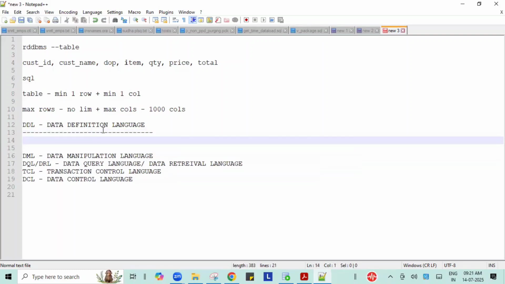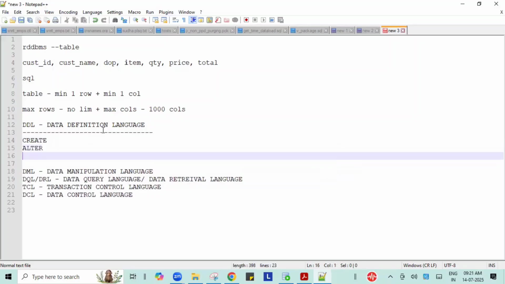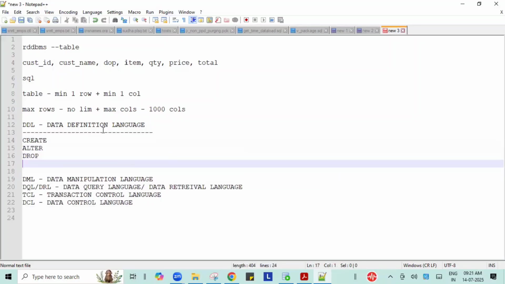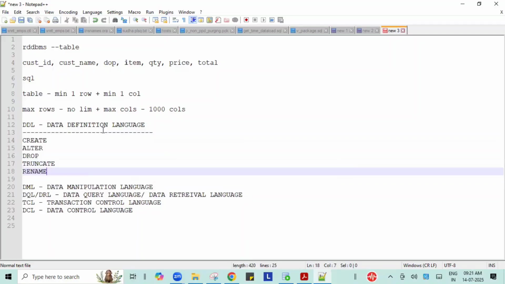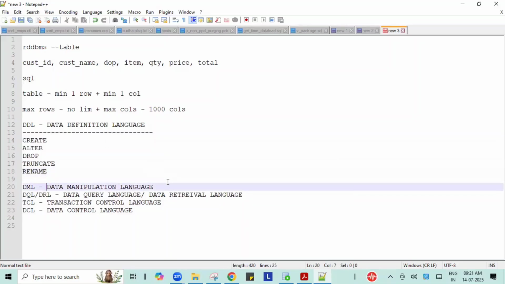Now what are there under DDL? Under DDL, you have Create, Alter, Drop, Truncate, Rename. You have only five commands here. We'll discuss all these things again. Under DML, you have